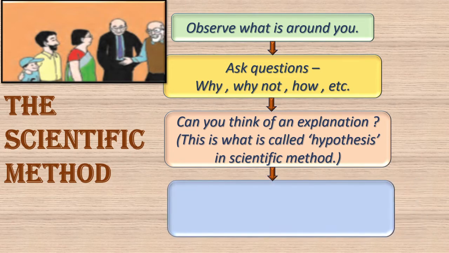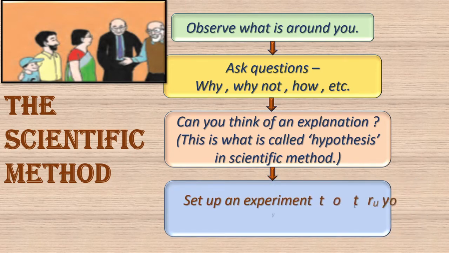Okay, now what to do now? Set up an experiment to try out your hypothesis. You thought that fridge magnet has some special powers. Okay, that is your hypothesis. Then set up an experiment to try your hypothesis. Means you have to try to stick it to different things. For example, to the walls, to tile, to some object that made from the wood,